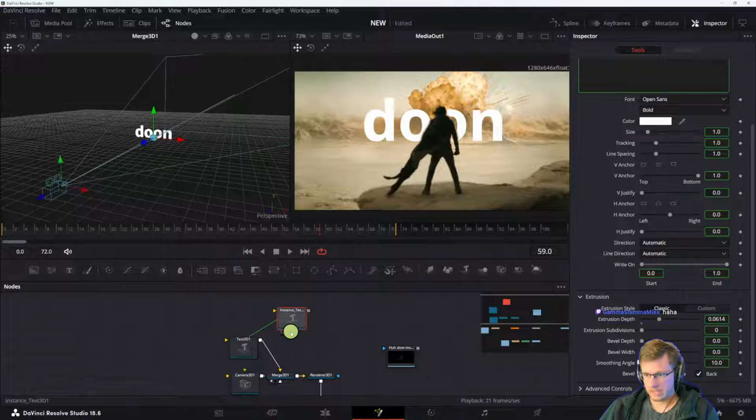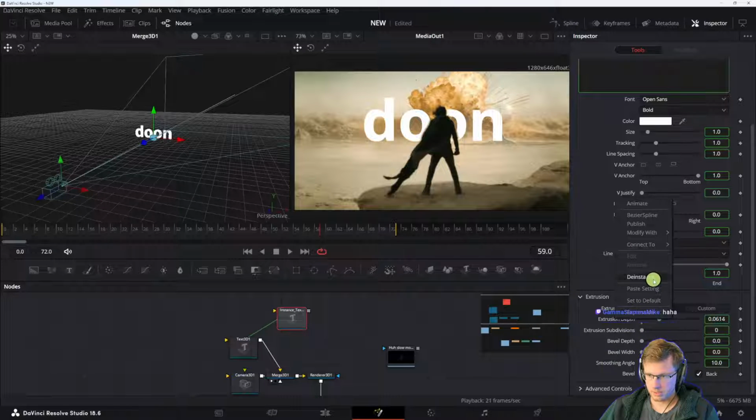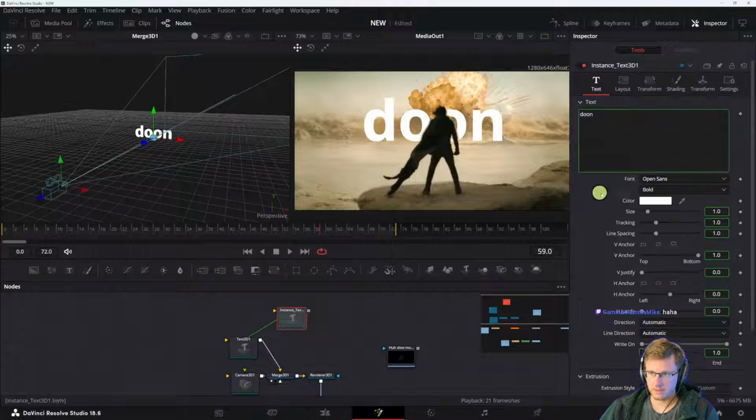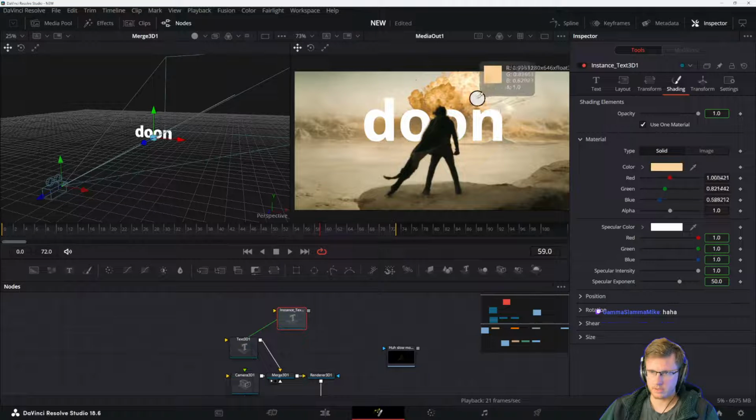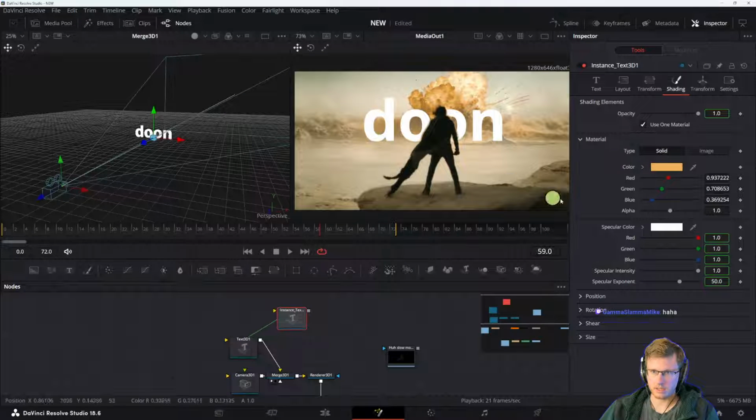The instance text, we're gonna disconnect the instance, and the shading, the instance. Let's try and yoink this color,